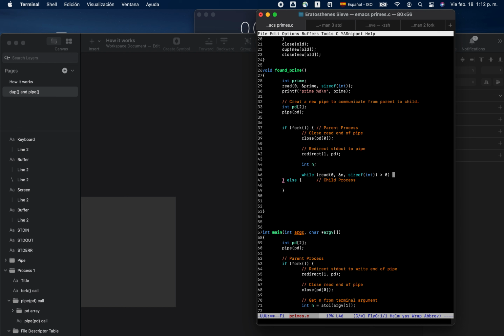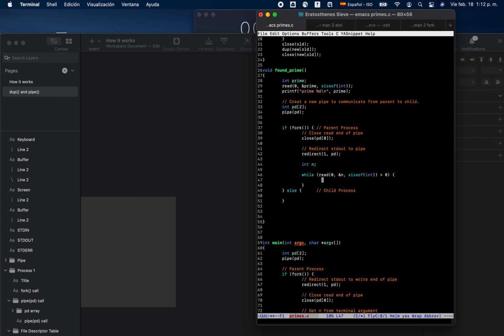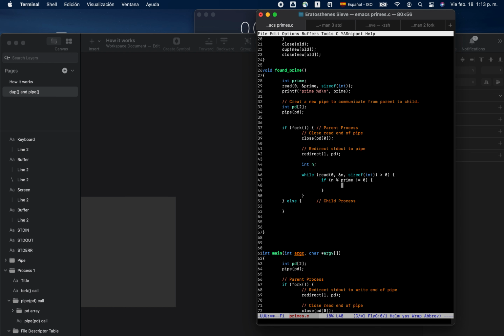But we can say greater than 0. While the read end of the pipe is greater than 0, we're getting that n, if n divided by prime is not equal to 0, we can then just